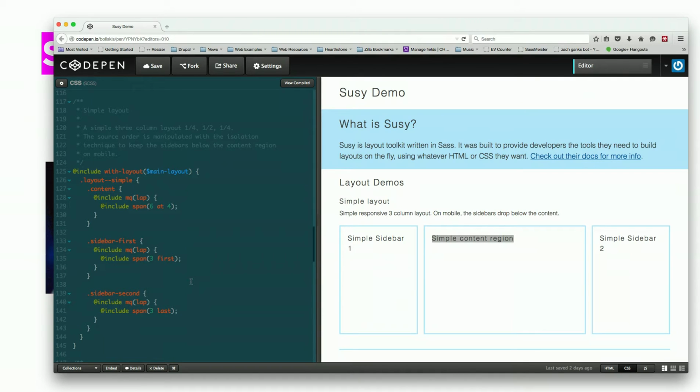That was mind-blowing to me when I first saw that. To be able to produce, so this outputs 50 to 100 lines of CSS. I don't know, I didn't get those numbers, but this is the power of Sass. This is how Sass should be used to output good CSS. And then you can even get a little more, especially as you're manipulating source order.